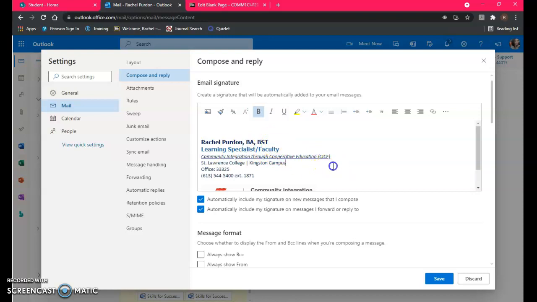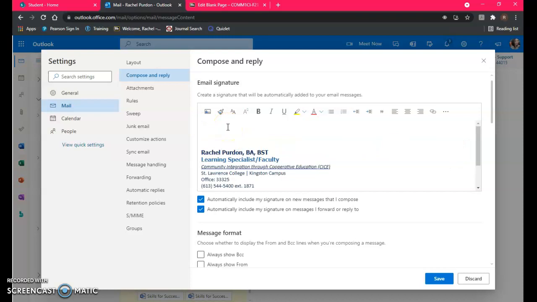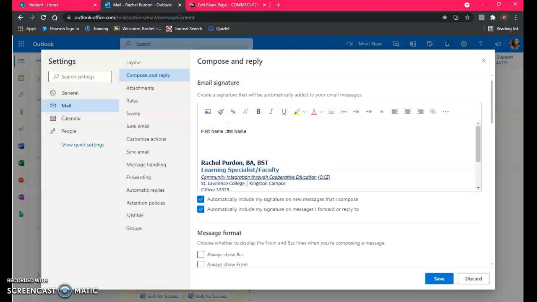This is the box where you're going to create your signature. Mine's already here, so I'm going to move up here a little bit, and I'm going to type in what I'd like you to write. For an email signature as a student, you're basically just going to want to include your first name and your last name. Then down here as your second line, you're going to want to say that you are a CICE student, and you could leave it at that, CICE student, or if you'd like to include your program of interest,